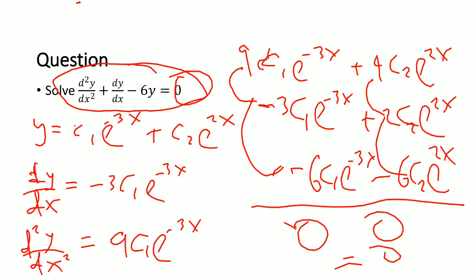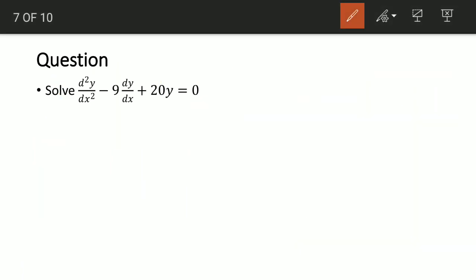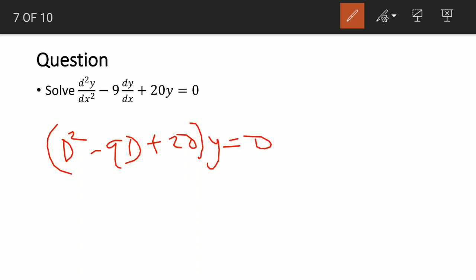Okay, so we move to another question here. We are given d squared y over dx squared minus 9 dy dx plus 20y equal to 0. We are asked to solve this. Now, using the operator form, I'll represent this as D squared minus 9D plus 20, all y equal to 0. You see that? So that means the characteristic equation now is going to be r squared minus 9r plus 20 equal to 0, which we can solve by,